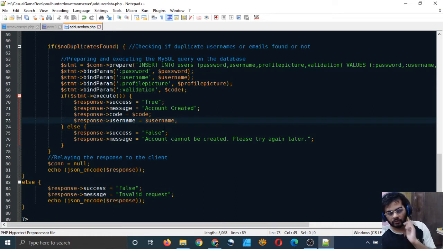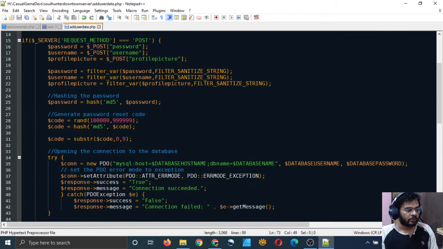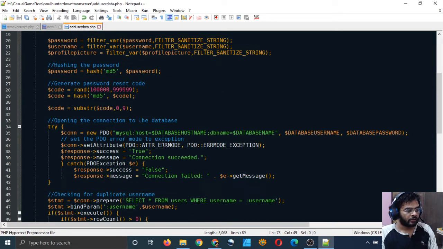So we'll send it to them and ask them to screenshot it and keep it in their phones. So that's what it is. And let us now create the script which the user can use to reset their password.